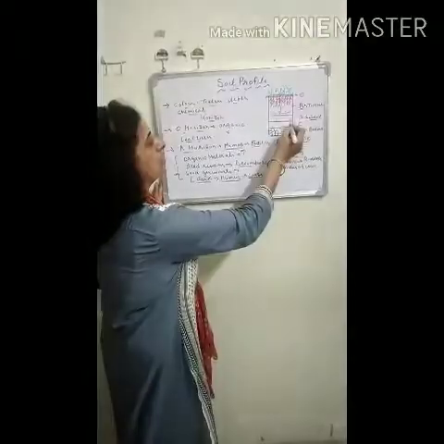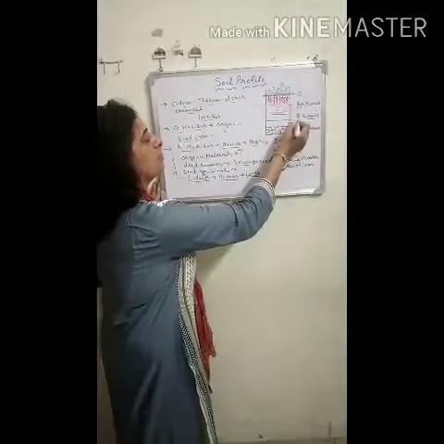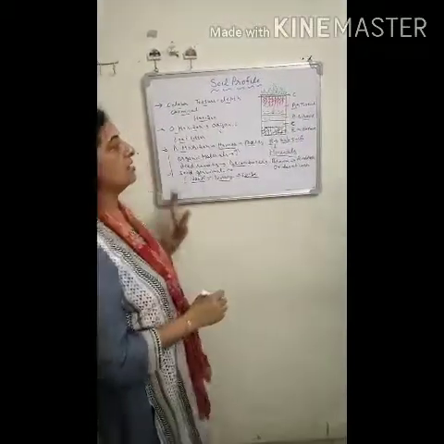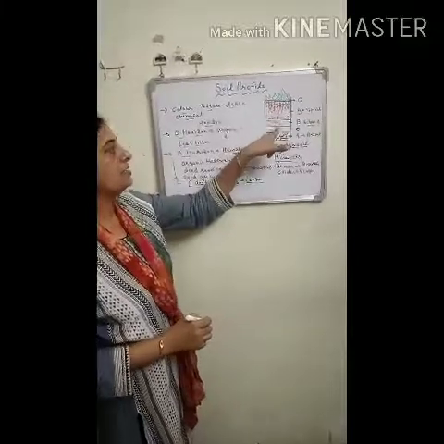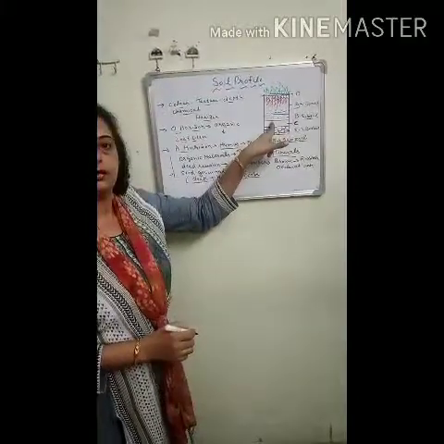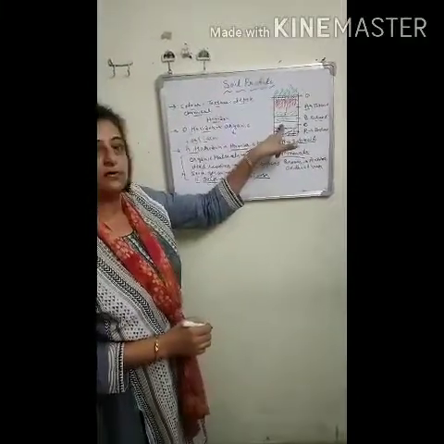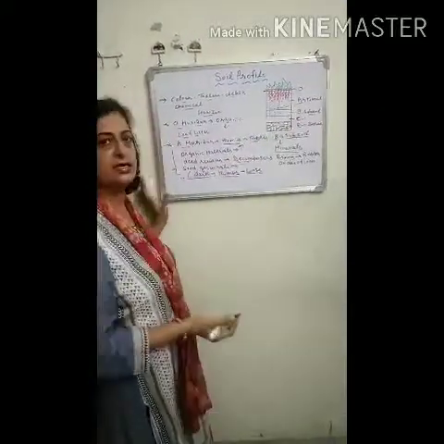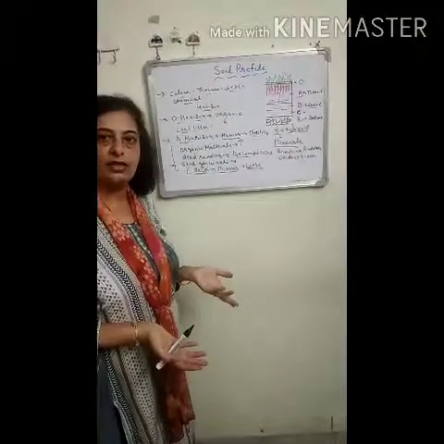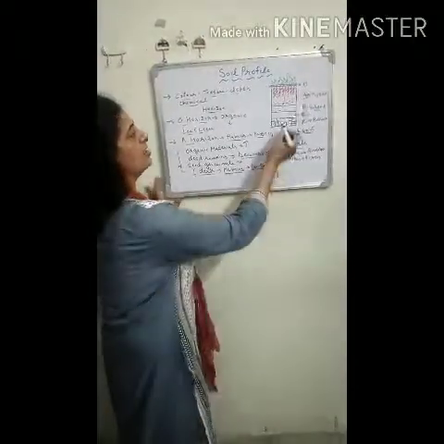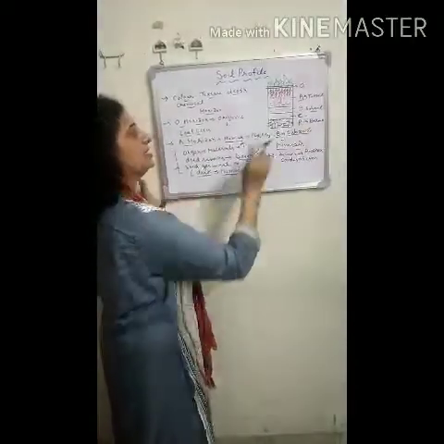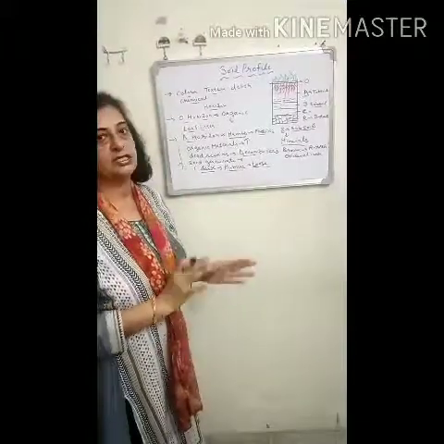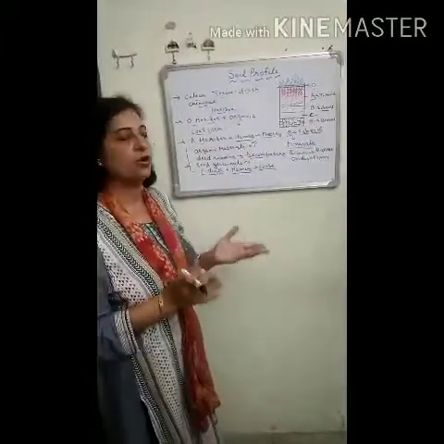Now the next is the C horizon. The roots of the plant can't penetrate to this layer, they will not reach it. It has very little humus, and no living organisms are found in this layer. So this layer is just simple soil with no humus, no living organisms, and no roots.